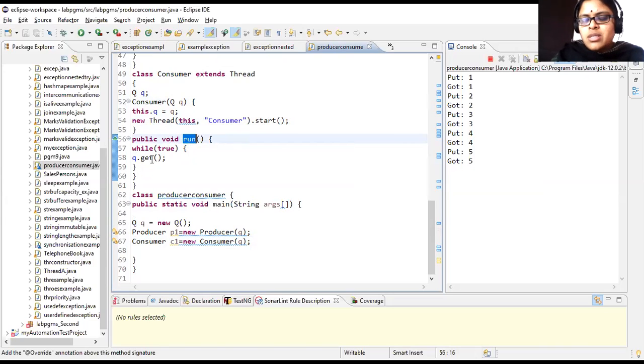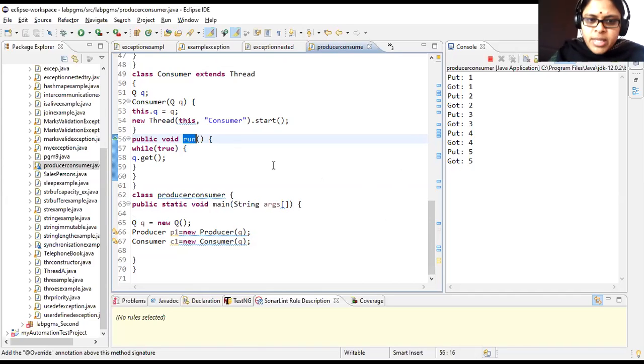It just executes your get method, so that the value which your producer has produced should be read by your consumer in the get method. Producer will call your put method and write the value. Consumer will call the get method and read the value produced by the producer. Now for this action, you need synchronization. That is the reason your get as well as put methods are synchronized. Now we will see the execution.